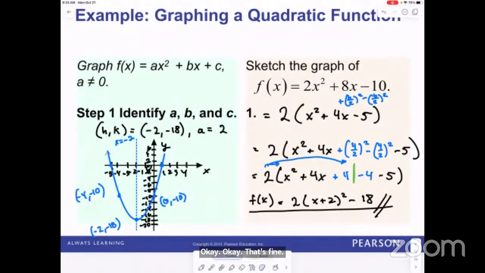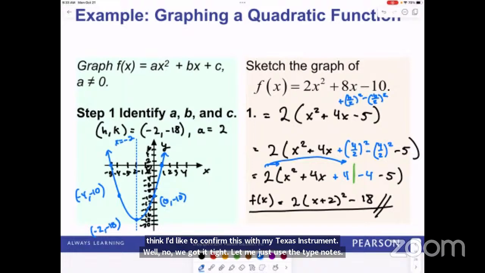That and like that. Okay. I think I'd like to confirm this with my Texas Instrument. Well, no, we got it typed. Let me just use the type notes. Okay, not bad. So again, just to kind of recap, we did a demonstration on completing the square. All right, and let me put that in the notes. We use completing